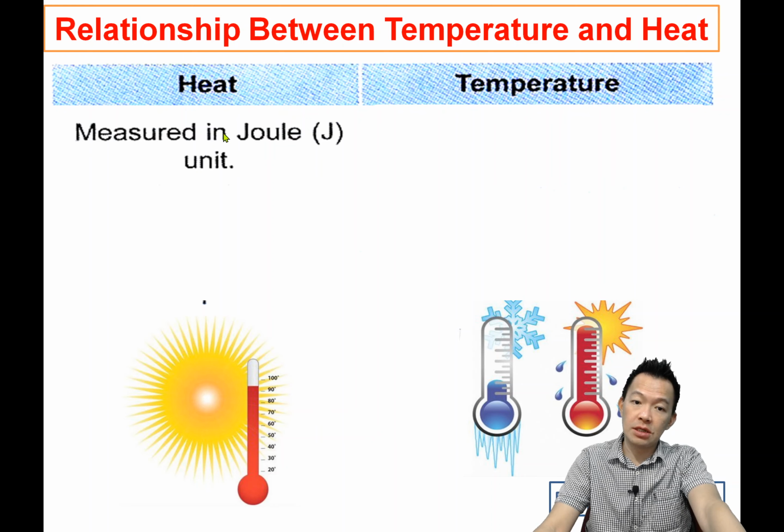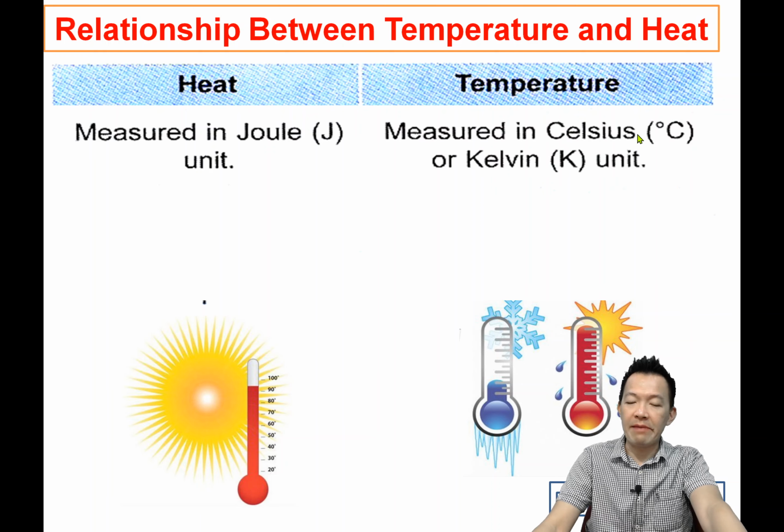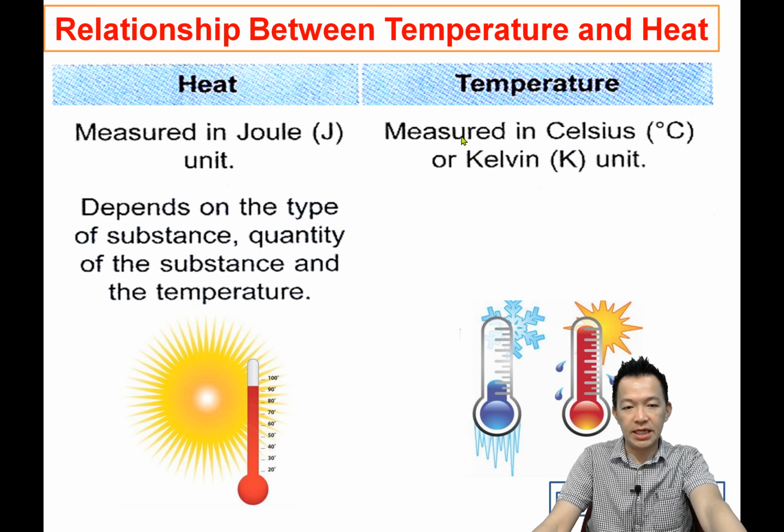Heat is measured in the unit called joule. The SI unit for heat energy is called joule，它的国际单位。But temperature is measured in Celsius or Kelvin. So the unit is totally different. 它们的单位也是完全不一样，对不对？还有什么不一样呢？